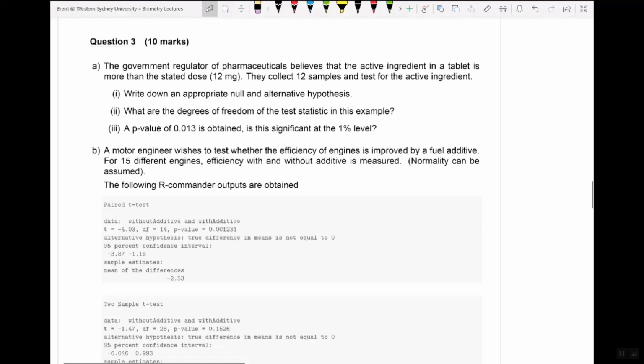Part one. Again, clarify in your own head what you're doing. It is a single sample t-test. What is my parameter of interest? Well, it's a mean, obviously. I'm going to say that the mean in this case is the mean active ingredient